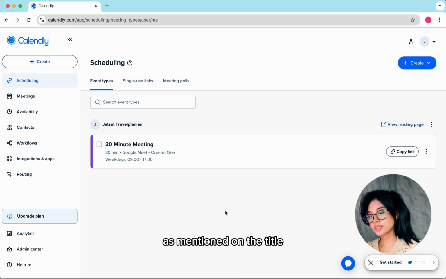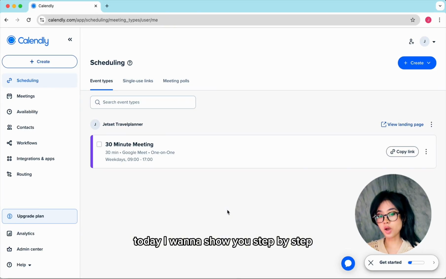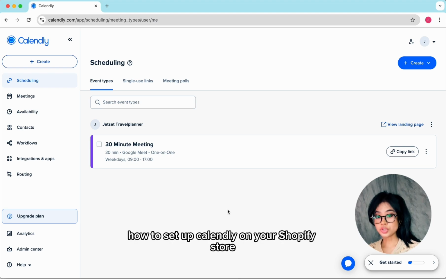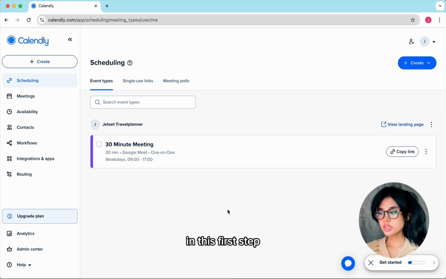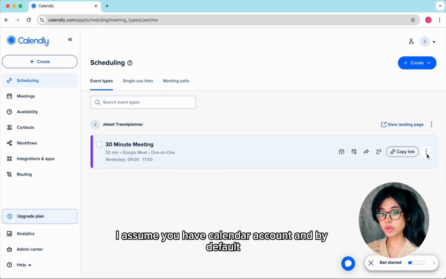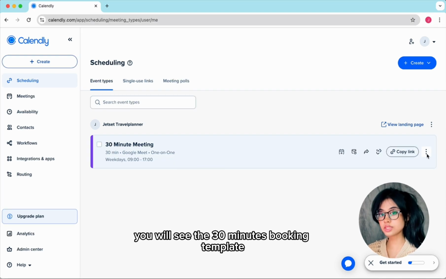As mentioned in the title, today I want to show you step by step how to set up Calendly on your Shopify store and track every successful booking so it can reflect on our Google Analytics. In this first step, I assume you have a Calendly account, and by default you will see the 30 minutes booking